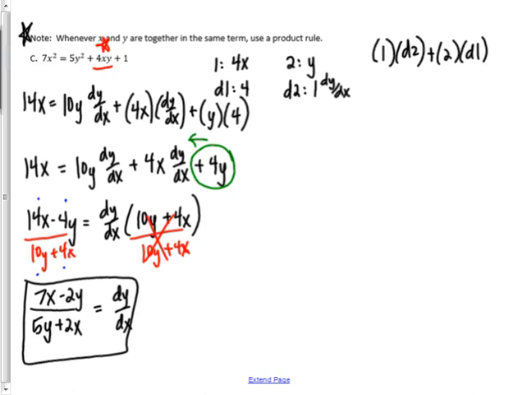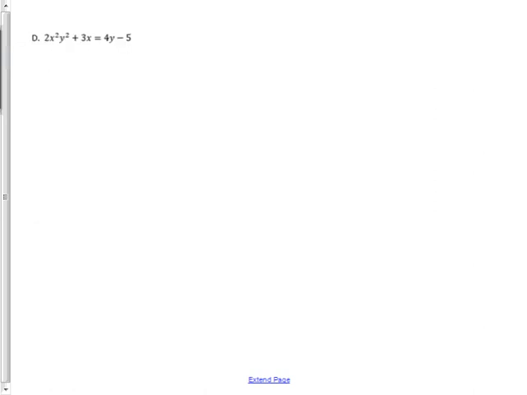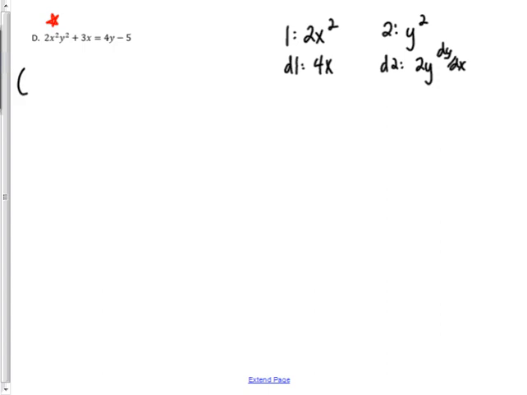All right, let's practice another one of those. So again, I'm looking for any time I have that x and that y together in the same term. So I'm going to call the first term in this one 2x squared and the second one y squared. So d1 would be 4x and d2 would be, derivative of y squared is 2y, follow it with dy dx. Right, so if I did that product rule, it's 1